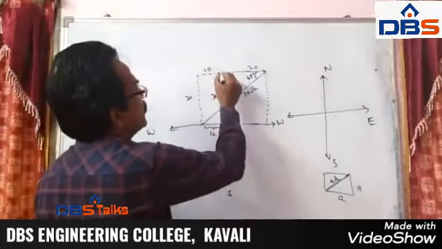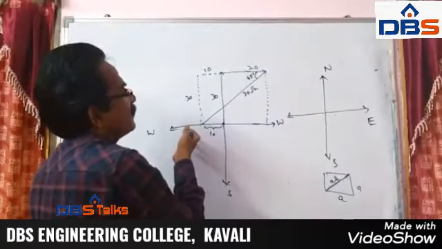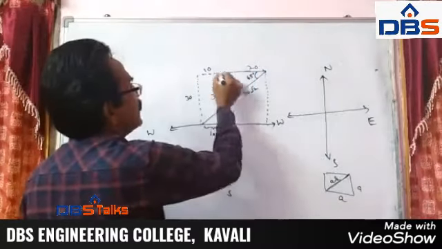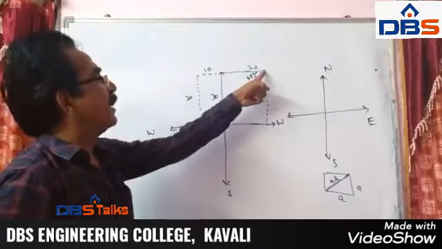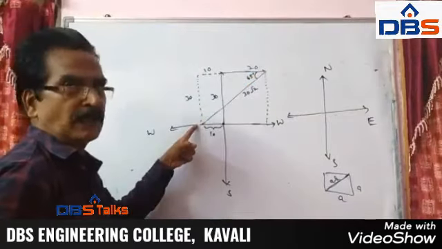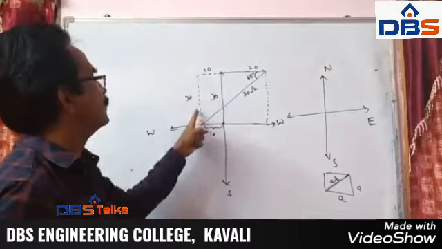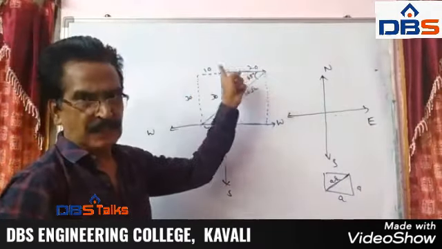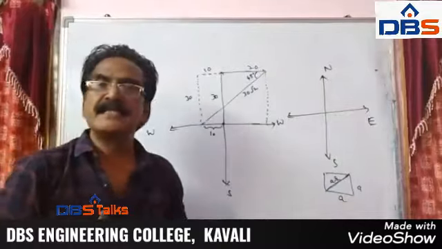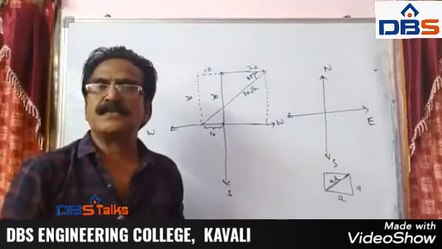See, first 30 meters this side and 20 meters this side, and then the southwest direction. Now by joining these, this is the diagonal of a square. This is 30 root 2, so this must be 30 and this must be 30. This is 20, so the remaining part is 10. So the displacement of the person is 10 meters towards west.